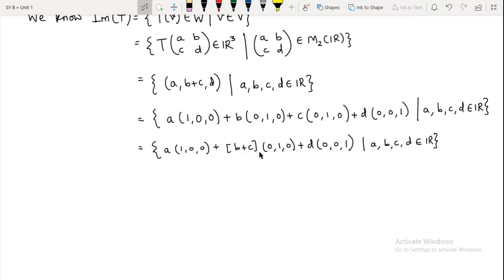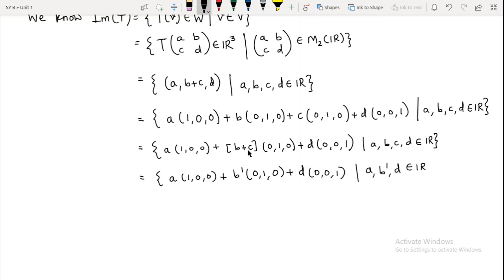R. Now again similar logic, now since B and C are real numbers, this B plus C is also a real number. I will call it some B dash, so it is a collection of A 1, 0, 0 plus B dash 0, 1, 0 plus D 0, 0, 1, such that this A, B dash and D belongs to R. So this is regarding the image of